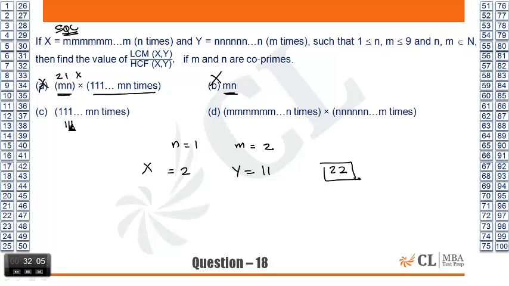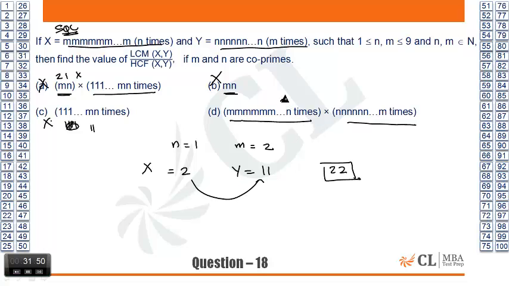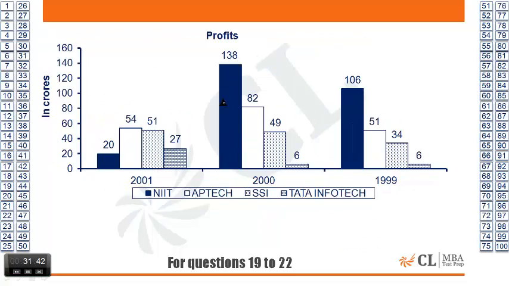Doesn't make sense. 1, 1, 1, 1, 1, 2 times, which is 11, no? Will I get this n times, which is actually x, and n m times, which is actually y? X into y, 22. I think that will be co-prime, HCF will be equal to 1, some concept like that. But it's okay. One more.